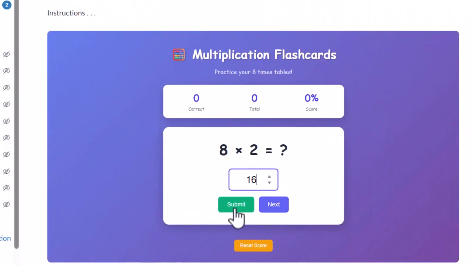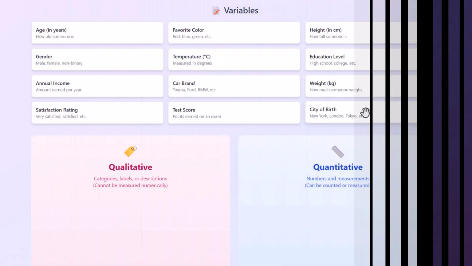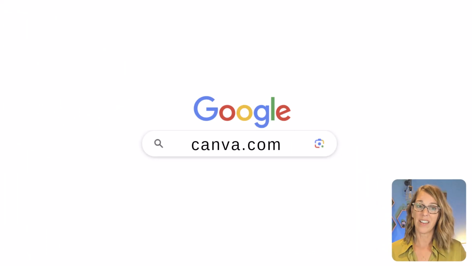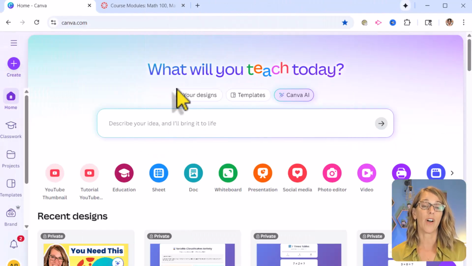I am so excited to show you how to make some interactive tools like these for your Canvas course. Actually, you can use this in any of your courses or on any website. I'm starting here in Canva, and I have the free for teachers version. Canva is free for all K-12 educators, but you can also do this in just the free version of